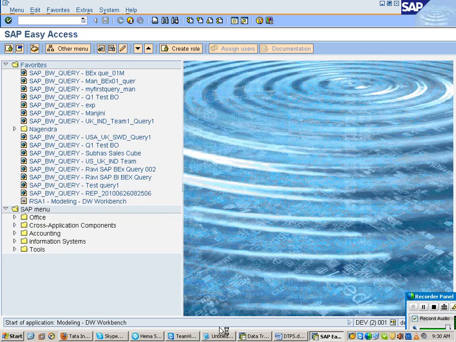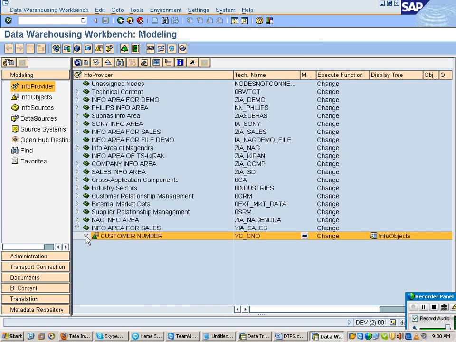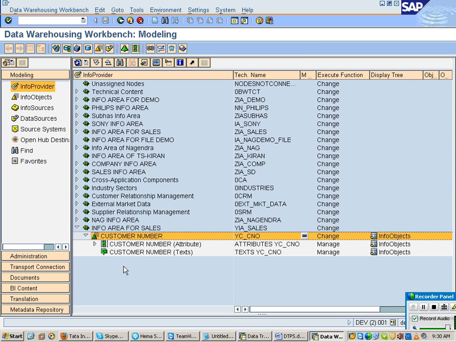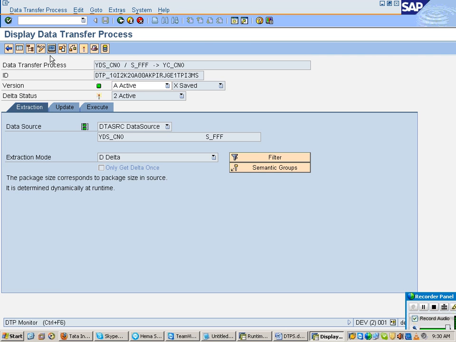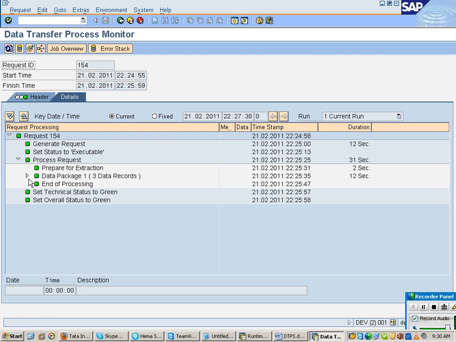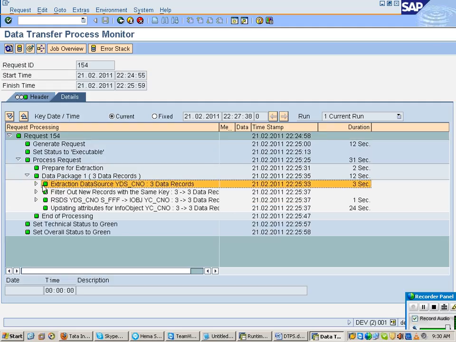Right. So this was your target. This was your DTP. So just go to monitor. What is that now? It is successful extraction from data source, then transformation. Finally, it is updating into your target.